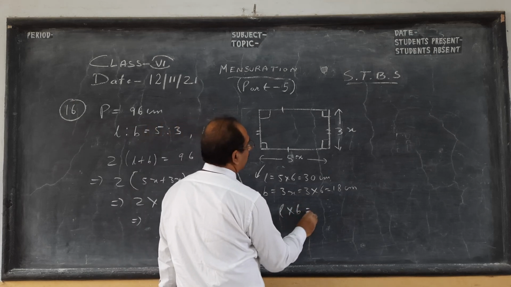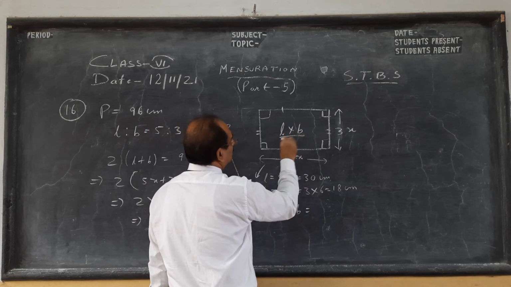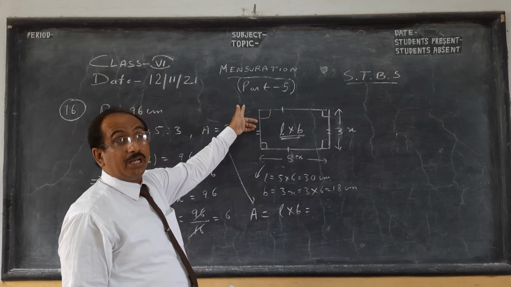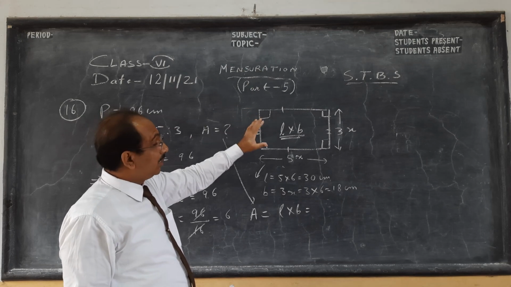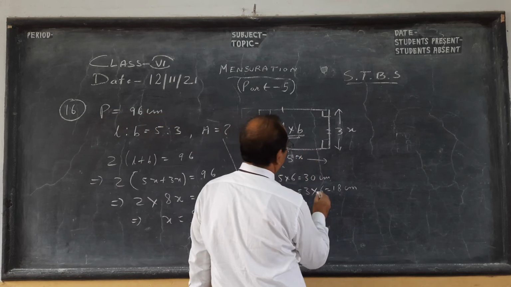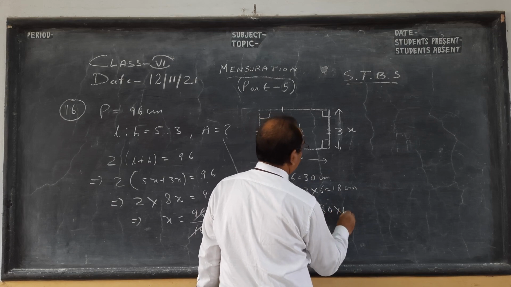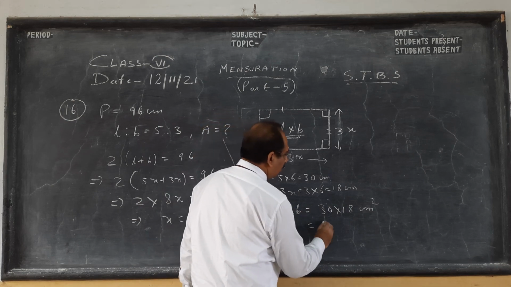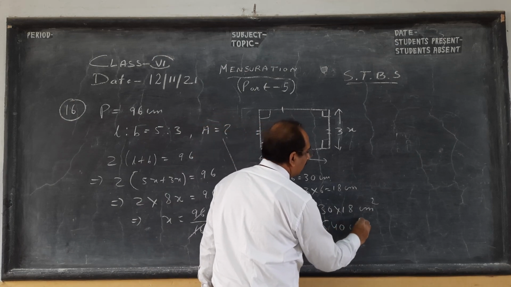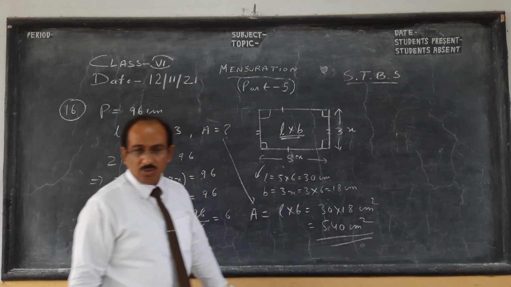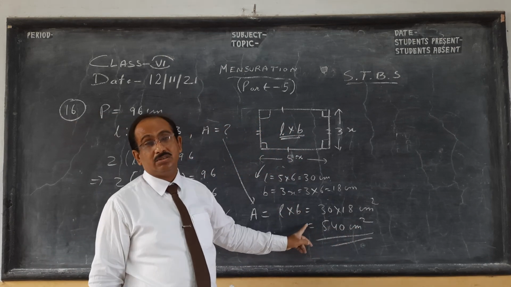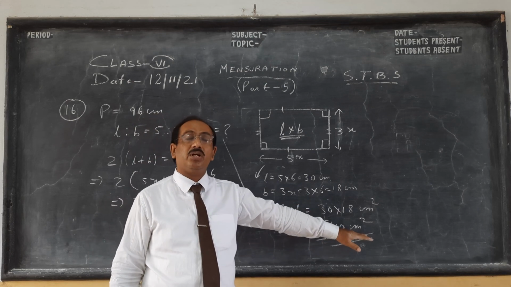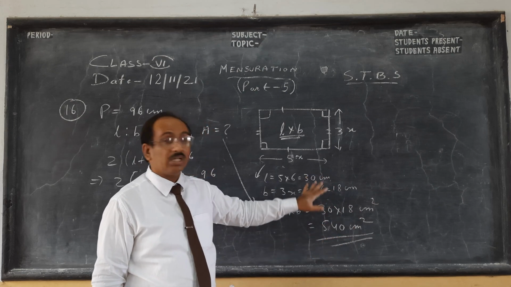Area is length into breadth. This is a rectangle. Length into breadth. So my previous videos, other than part 1, 2, 3, were on perimeter of rectangle and square, and this is on area. So area is length into breadth. So 30 into 18 centimeter square. See, I always write the unit, children. This is how my teacher, and in our time, no, if you miss the unit, you will lose 1 mark. Teachers were very strict. Okay, unit has to be there. 540 cannot become just 540, it is 540 centimeter square, because we are talking about area over here.